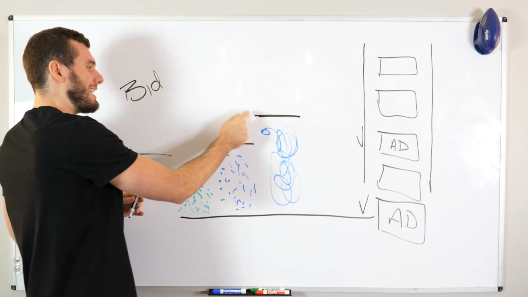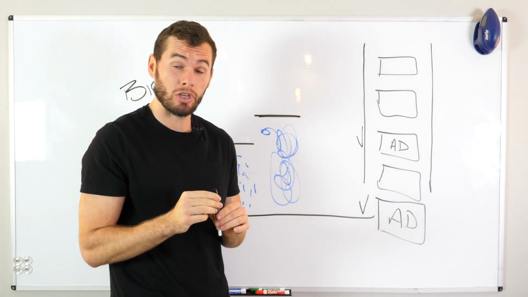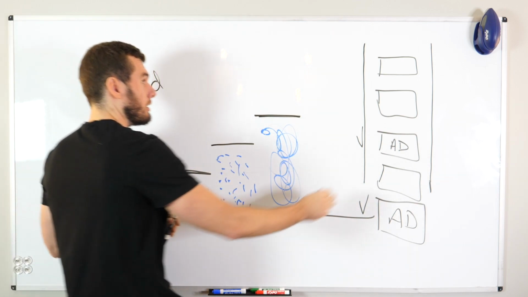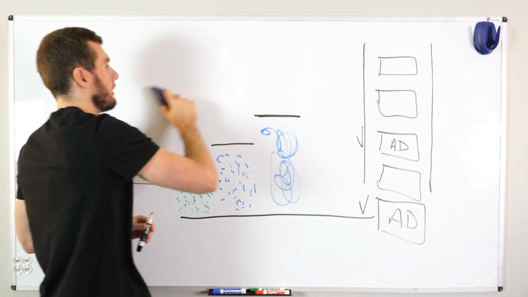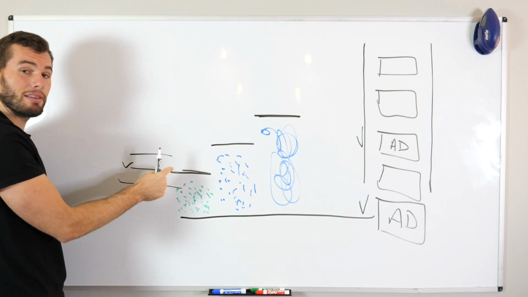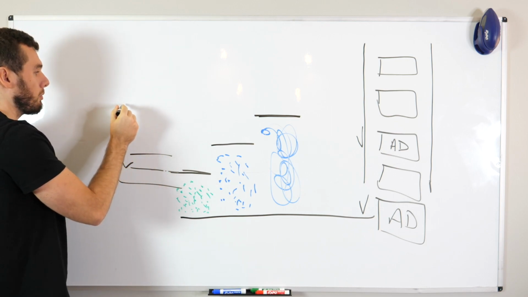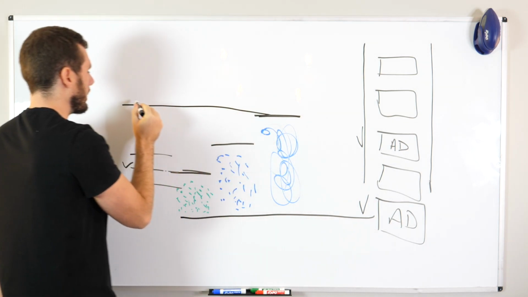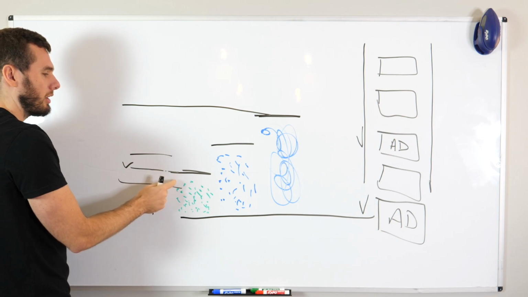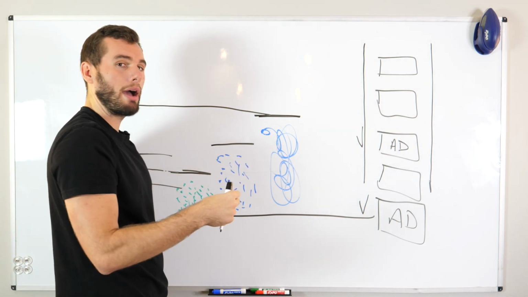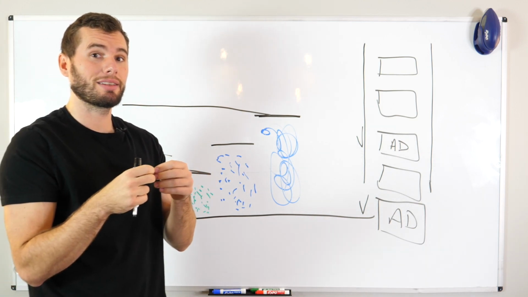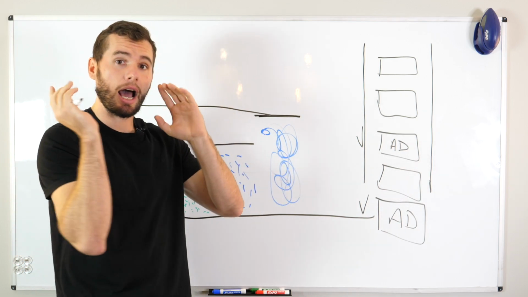Now, when the market is competitive, you've got to be good at lead generation because there are so many people in the market. And the way that you do that is that you find the right bid strategy for this market, because it's going to be different than it is in this market here. So here is the one we're trying to find. Right here, this is the bid strategy we're trying to find. And again, most likely it's gonna be higher because there's more competition in the market. You have to bid more. Now, just because you're bidding more does not mean you're going to necessarily pay a lot more. Don't get that out of your head as well.